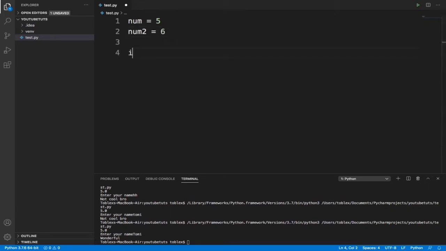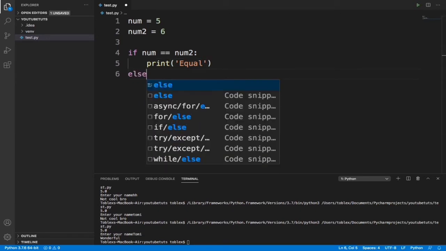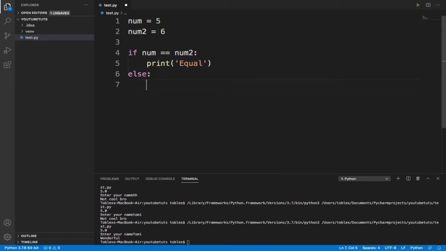We can take an instance and say if num, that's the first variable, is equals to num2, then we'll put a colon, and now say print yes or print equal. But if not, that's else, put a colon, print not equal.